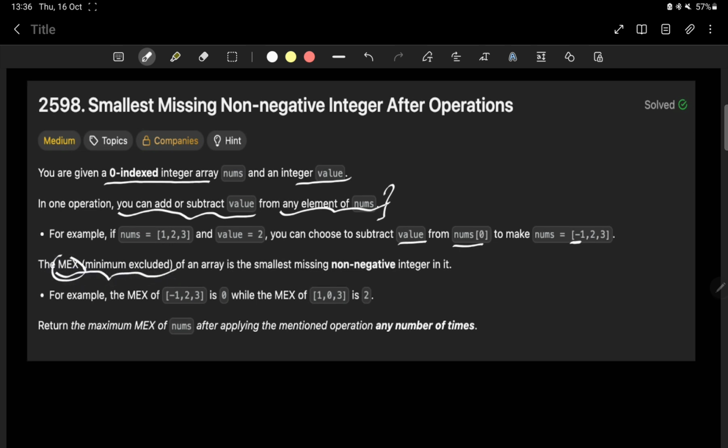What is this entity? It is defined as the smallest missing non-negative integer. So basically 0, 1, 2 like this. The smallest value possible is 0. Okay, so we have to find which is the smallest non-negative integer which is missing. Okay, so like this, if this is an example, here we can see